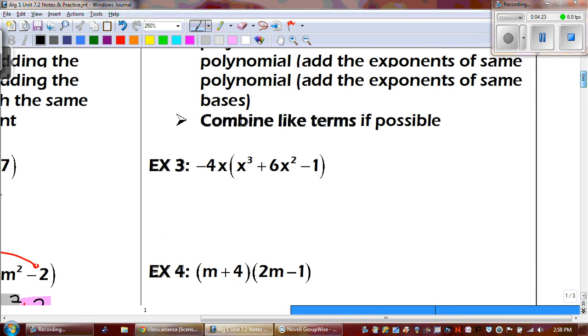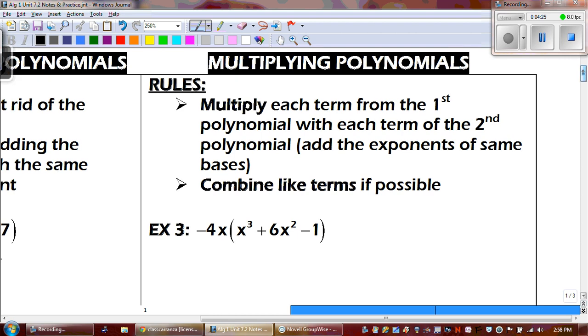All right, now let's talk about multiplying. Multiply each term from the first polynomial with each term of the second polynomial. And remember that we add the exponents of the same bases. All right. And after we're done, we need to combine like terms if possible. So for example 3,